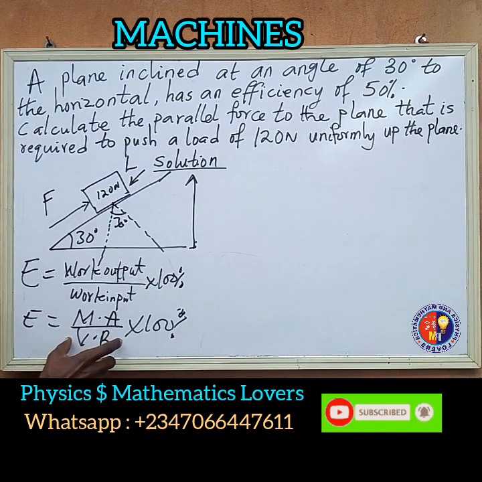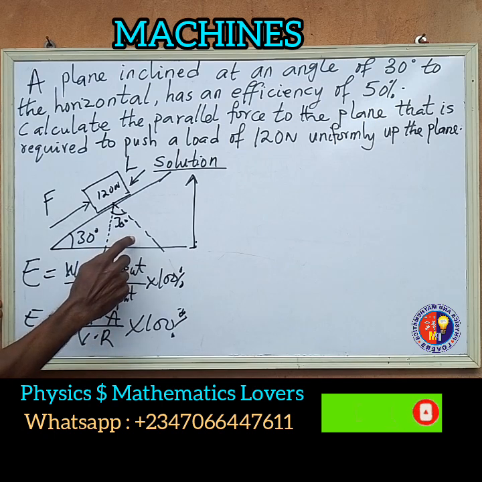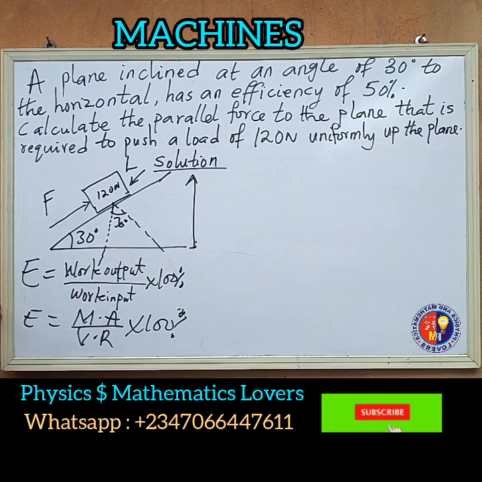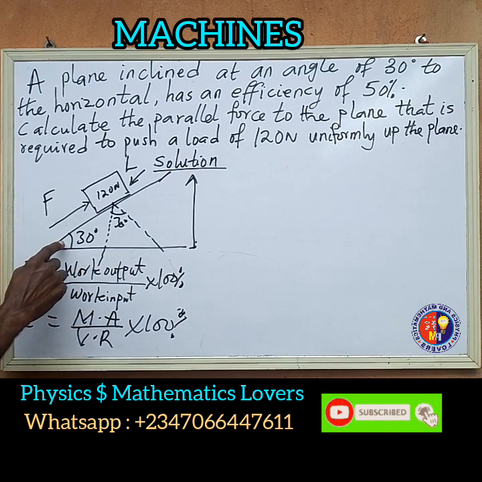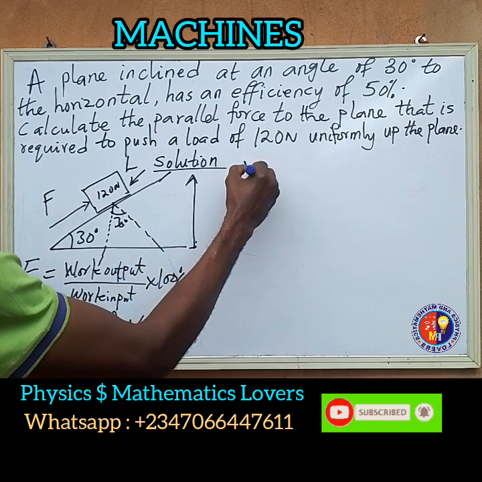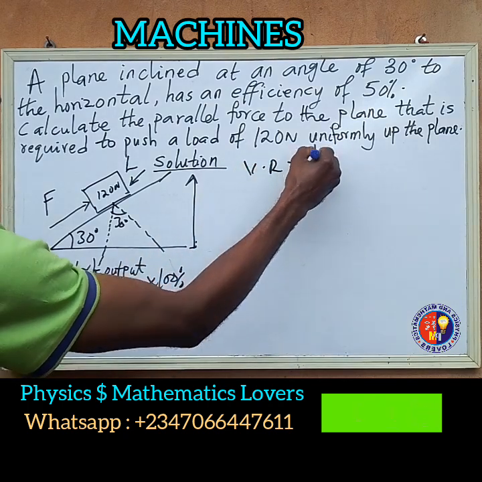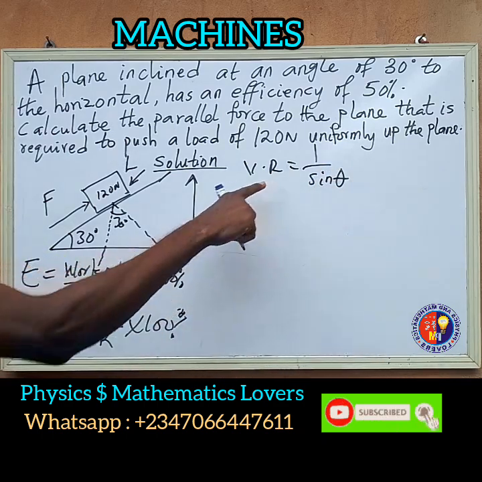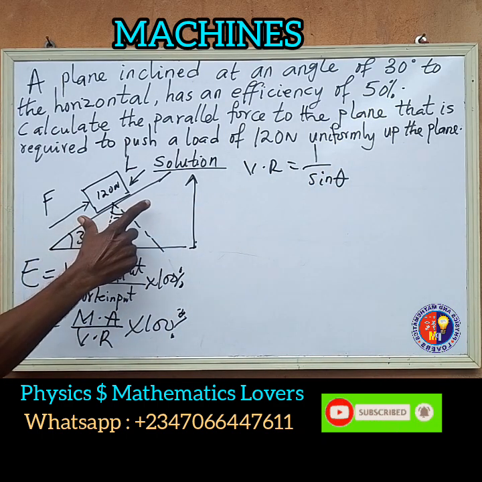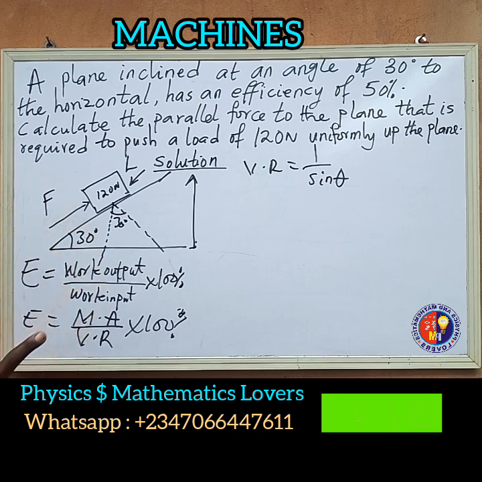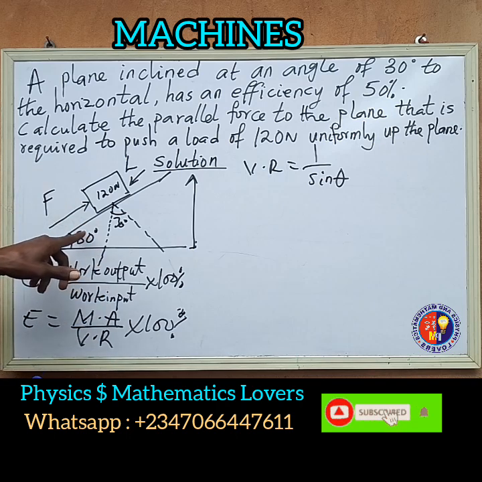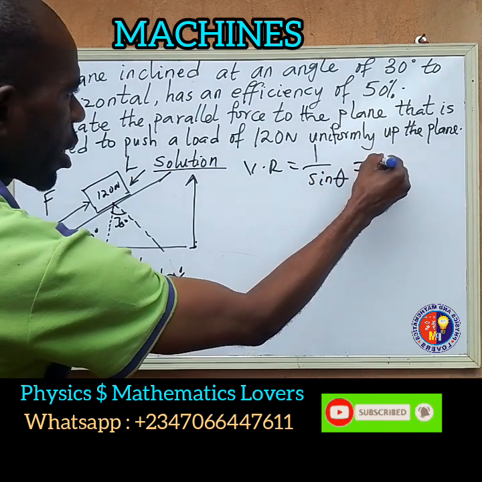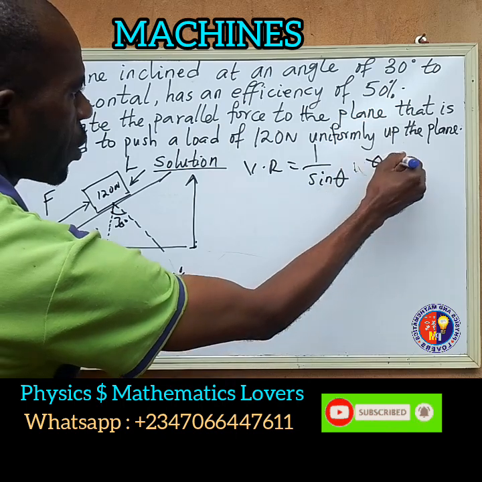Now let us get the velocity ratio first from this inclined plane. The velocity ratio of an inclined plane is equal to 1 all over sine theta. Yes, this is the formula for calculating the velocity ratio for an inclined plane as a machine. Now, we are given our theta here, theta is equal to